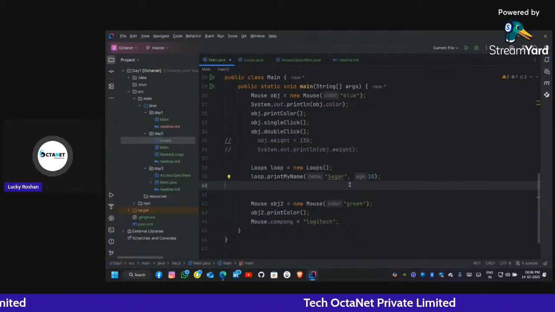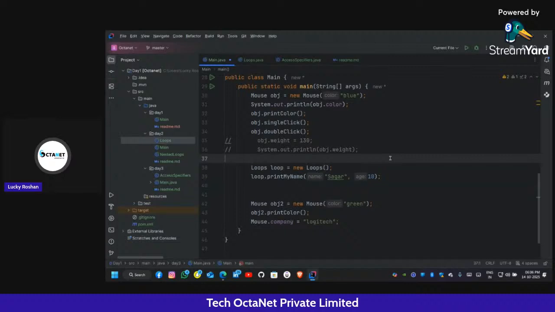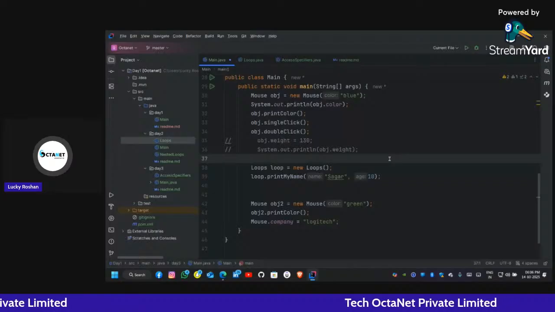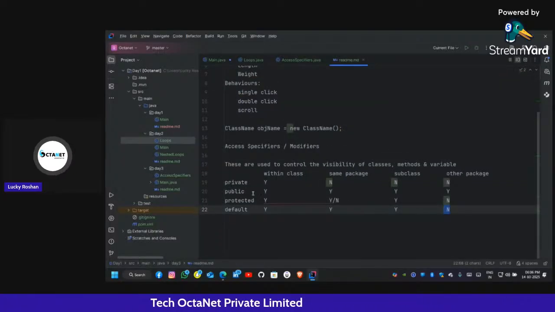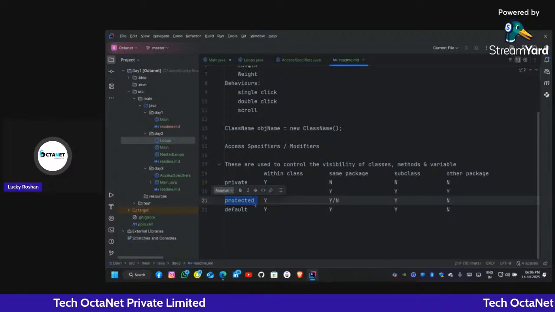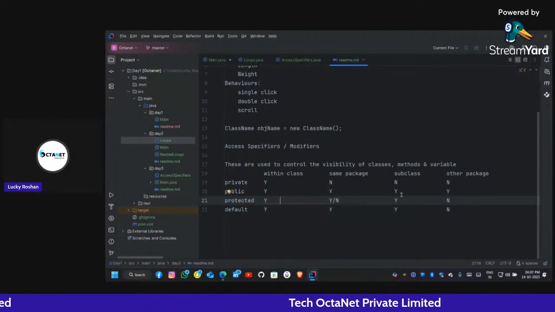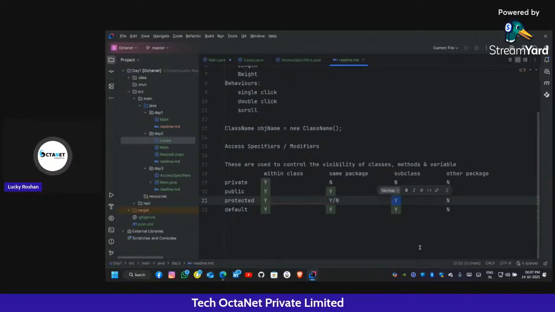What is the use of the protected modifier? Yes, Neeraj, we are coming to the protected modifier when we are learning inheritance. It is a concept of inheritance because there is the concept of child class and parent class. Using the protected access modifier, the variables and methods can only be accessed within the same class and within the subclass, that is the class which inherited the superclass or the parent class.